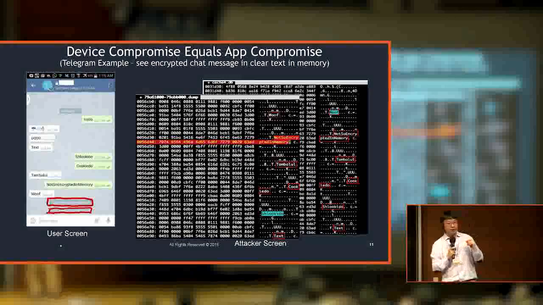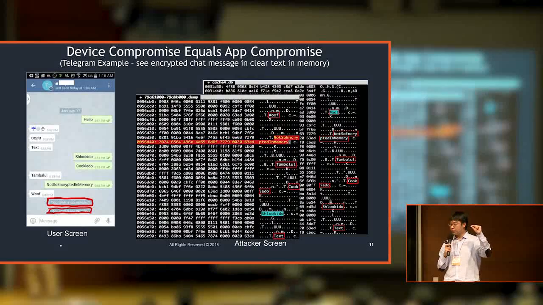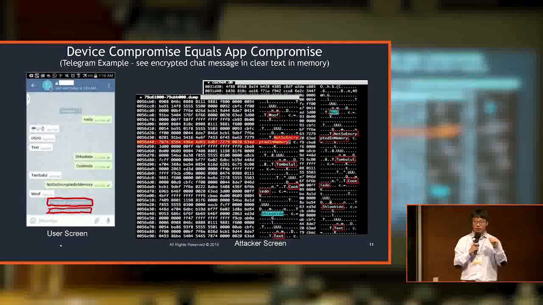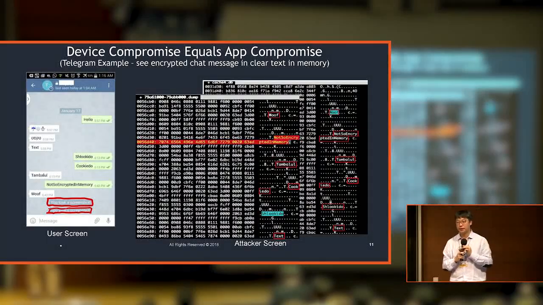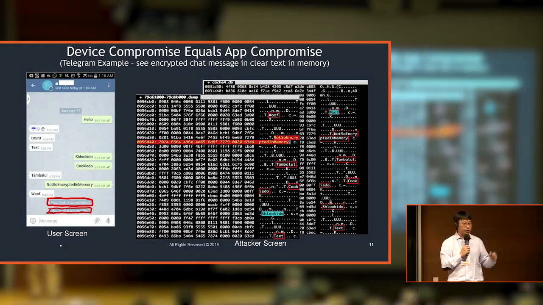But the hacker, in the example that we showed earlier, if the hacker gets onto the phone as root user, everything else is not important. Because I can get into the sandbox of your app. In your sandbox, there are probably encryption keys. There will be application caches.